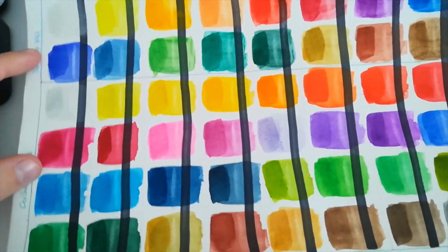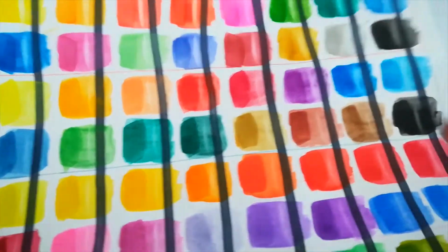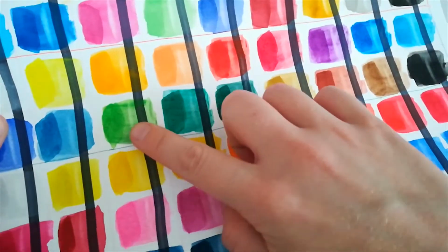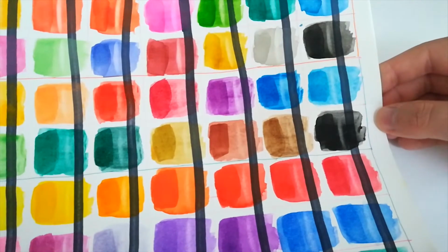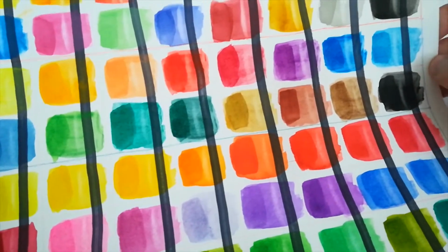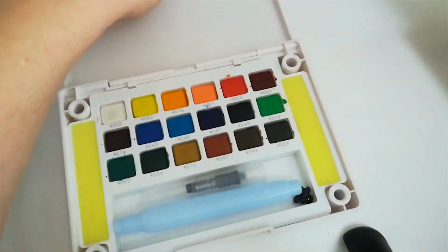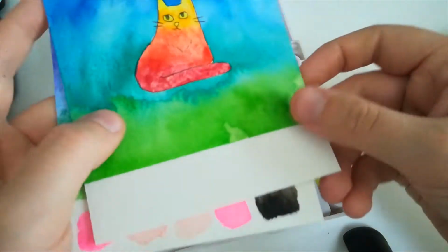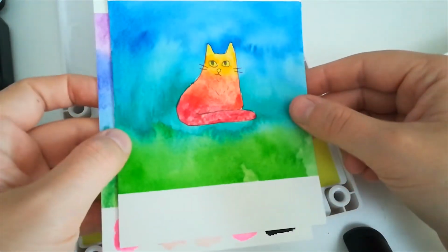So the second row, this is Sakura Koi. It is not as chalky as the Chinese paints are, but as you can see, there's a lot of binder in them, and it leaves streaks even though I used a lot of color. Some of them stain a bit more, some lift off very easily. The glazing was okay, but, and this is a very big but, as soon as the watercolor paper has only the slightest texture, it doesn't have to be fully mega grainy paper, but